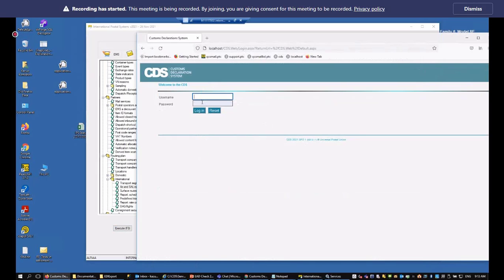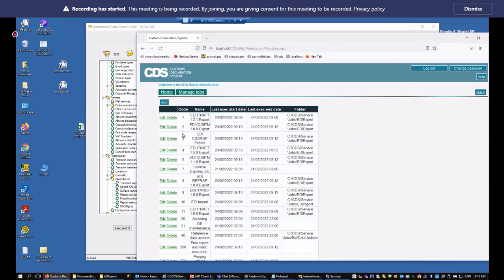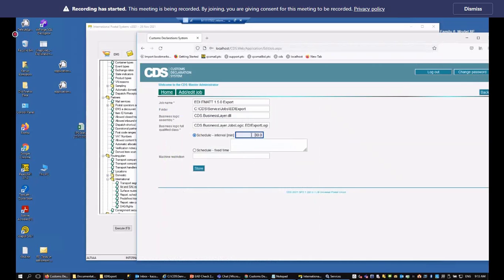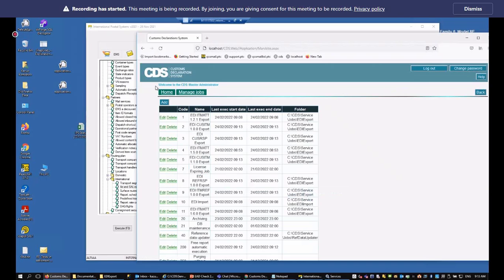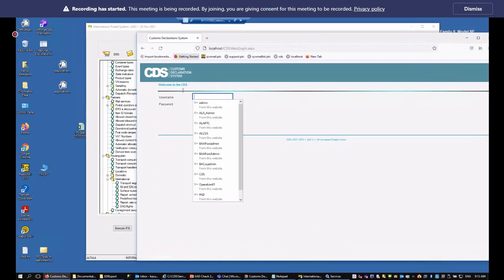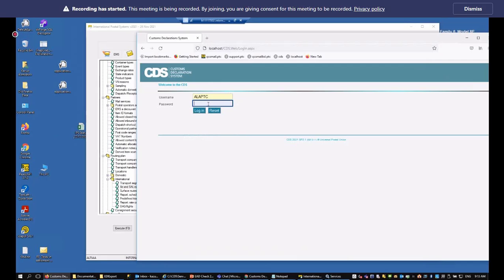Let me change the timing of frequency of generation again. I set it as 30 minutes initially, but I set it as 0.3 minutes, very quick. Then I log in as Albanian operator